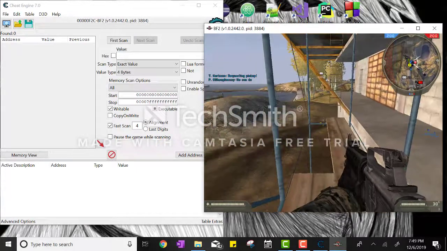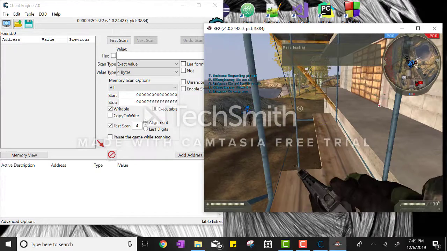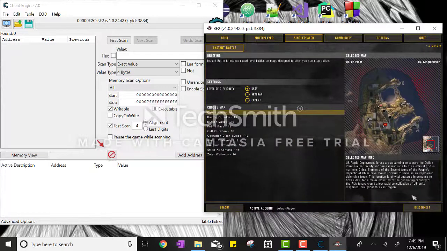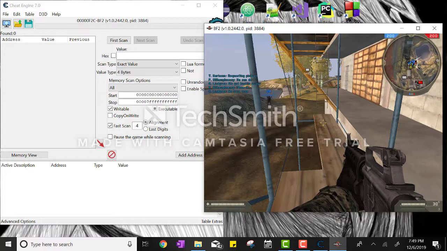So as you can see in the bottom right corner of the game, right here it said 30 ammo, or right in this area. It's not anymore. Give me a second while it loads. Right here in the bottom right corner, it said 30 ammo, and we're gonna check for that value using Cheat